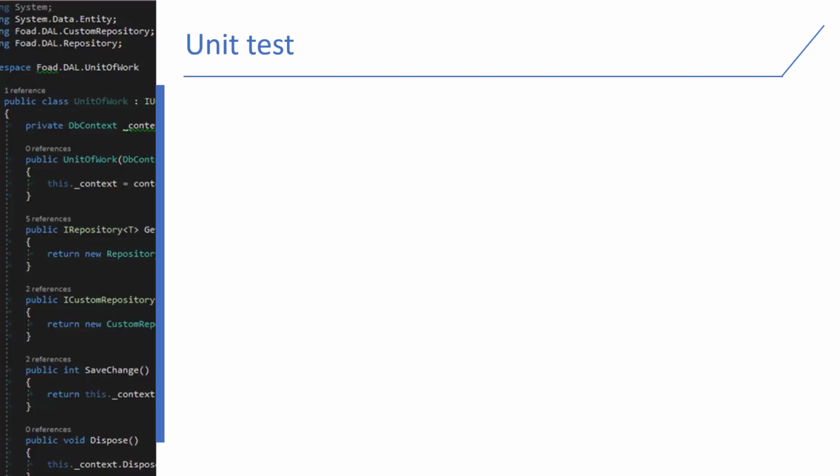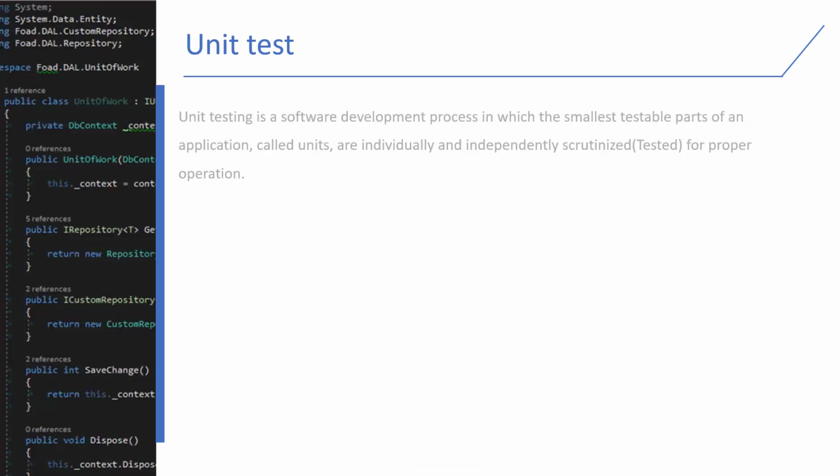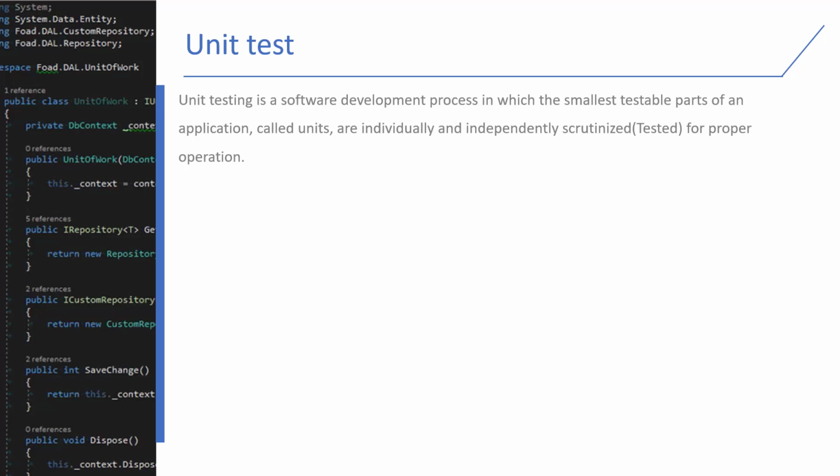What the hell is a unit test? We talked about unit test a lot here. Unit testing is a software development process in which the smallest testable part of an application, which we are going to call a unit, is tested individually and independently to check if it is performing the operation correctly or not. Okay, but as a developer with 15 years of experience, I really don't know what is the smallest testable part of an application and how to write it, for example. I have seen some methods with 500 lines of code.